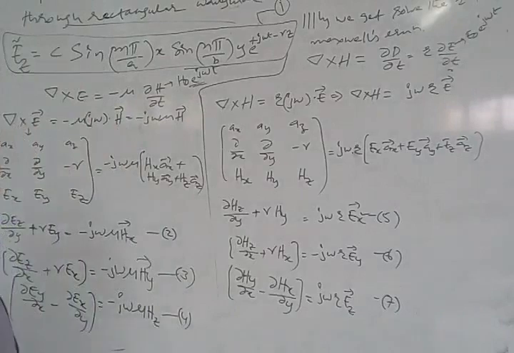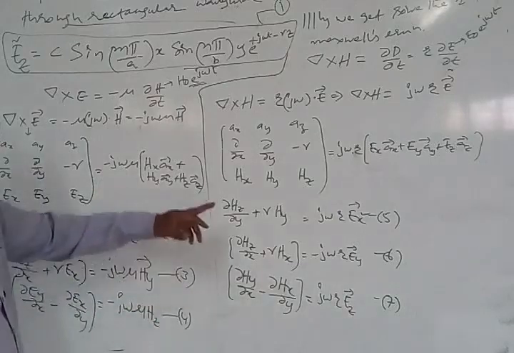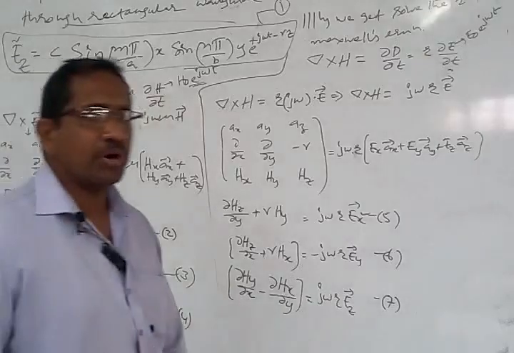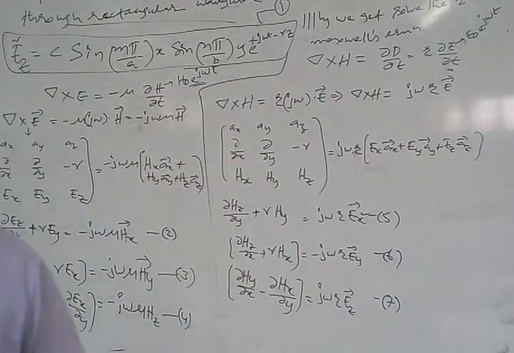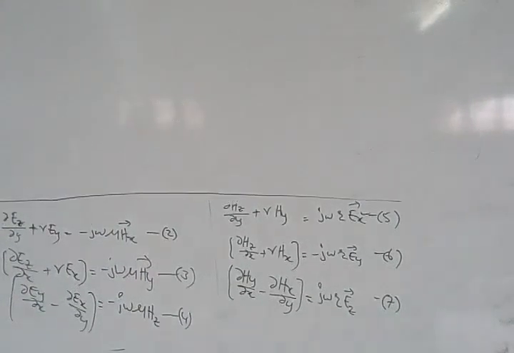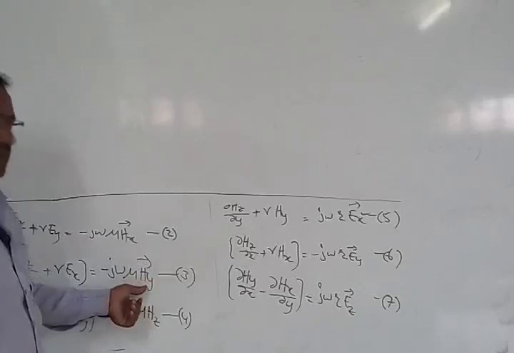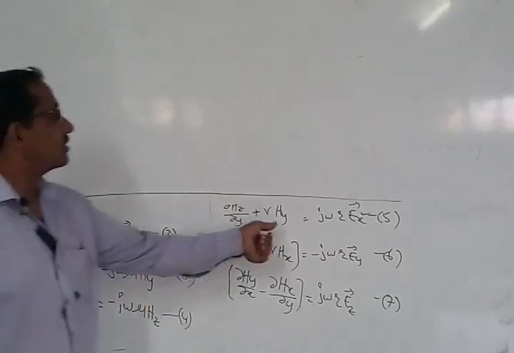Okay. So let us solve the equations now. What is most important is for us to solve. We have these equations 2, 3, 4, 5, 6, 7. These equations are so important for us to solve the rest of the other equations. Now we will go for those equations. From equation 3 we will get the value for Hy, and after we get Hy, we substitute this Hy in equation 5.